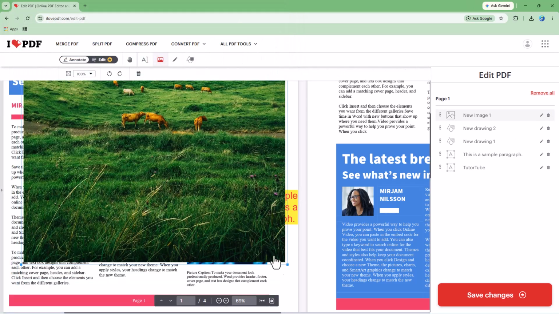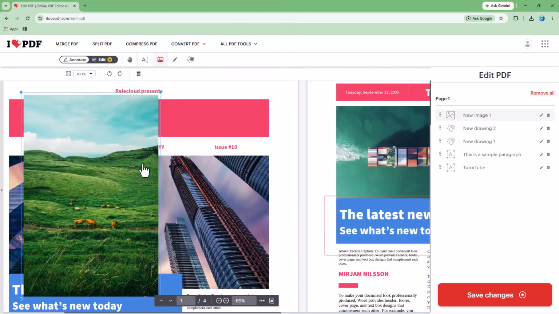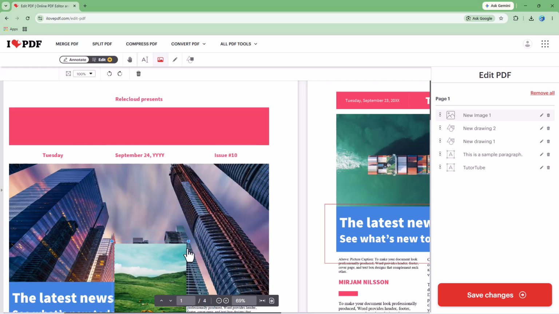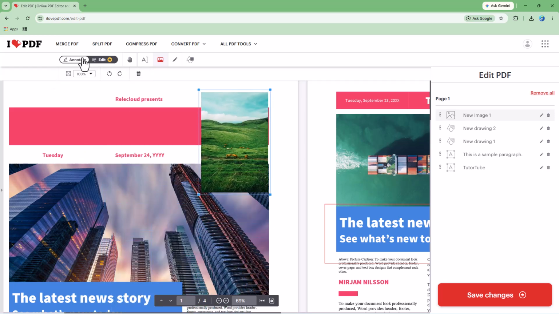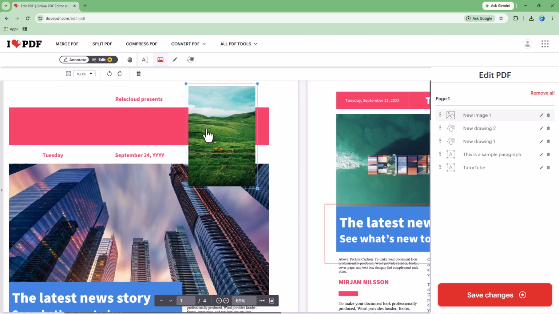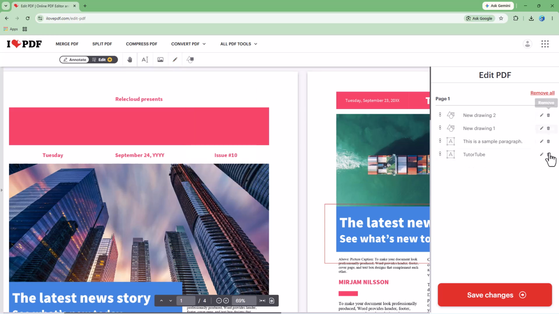So you can go ahead and load up an image right here, and then let's say, for example, keep it as an annotation. So this is the basic annotation option right here. Whatever annotation you added over here on the right hand side, you can see that you have these particular elements that you can go ahead and delete from over here as well, or remove